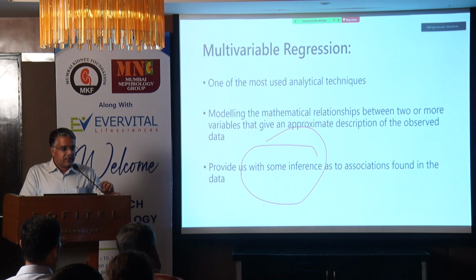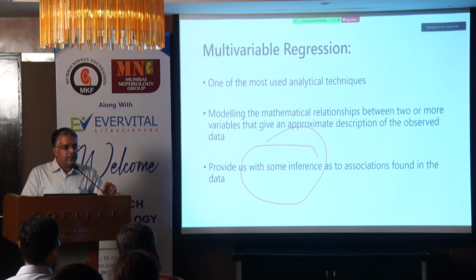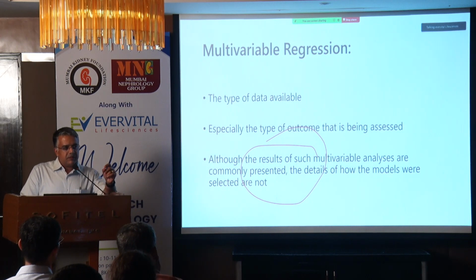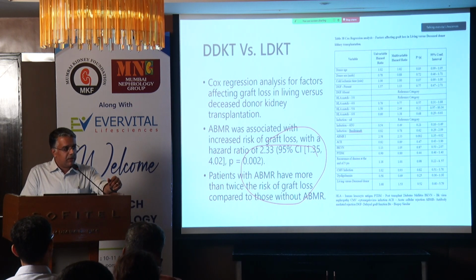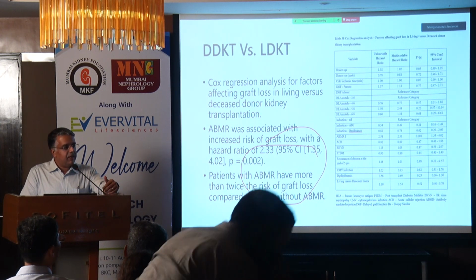Multivariable regression, I am sure you are all familiar with, but we have to be very, very careful, because it depends upon the data, and then you have to use the correct model. So there was a problem with this one. For example, this Cox regression was done. We'll come to why Cox was done, but it showed that the only determining factor was the ABMR, and those who had ABMR had a twofold higher